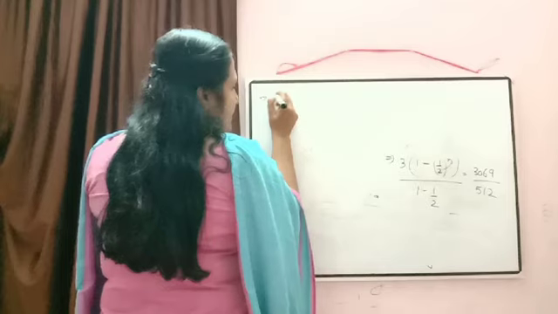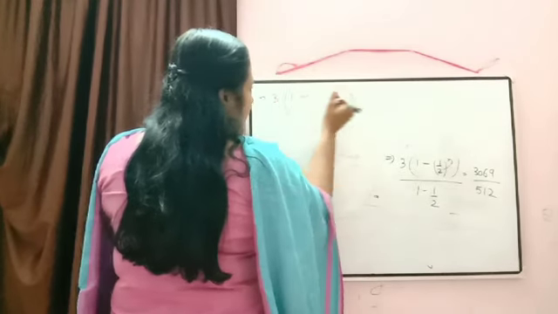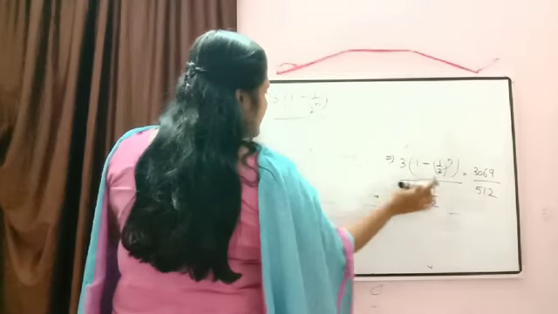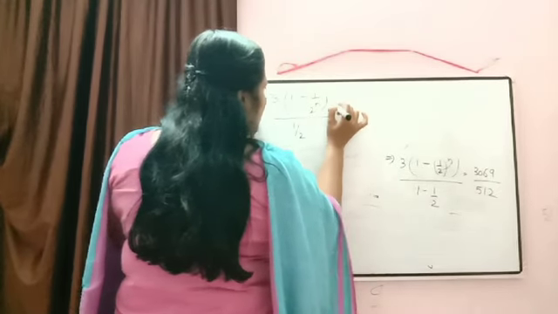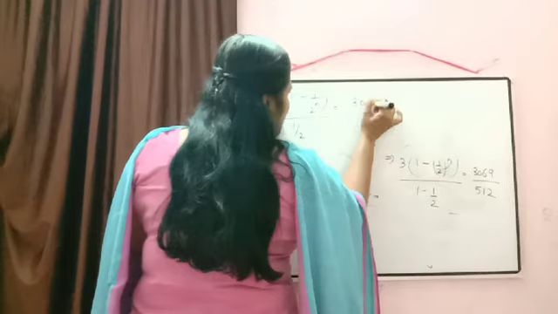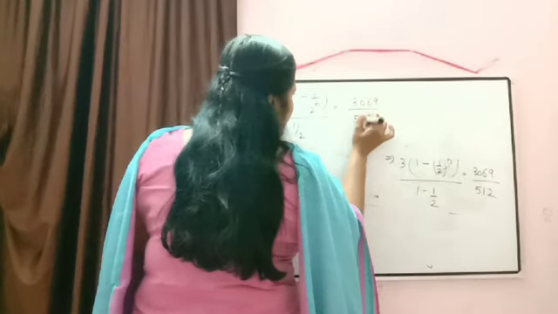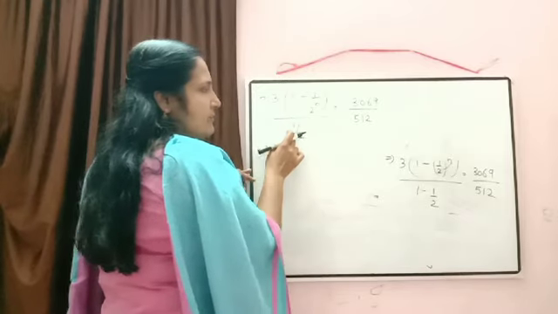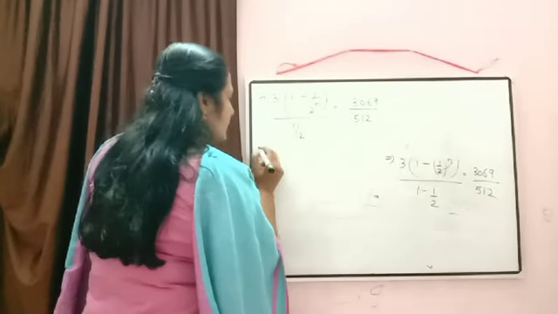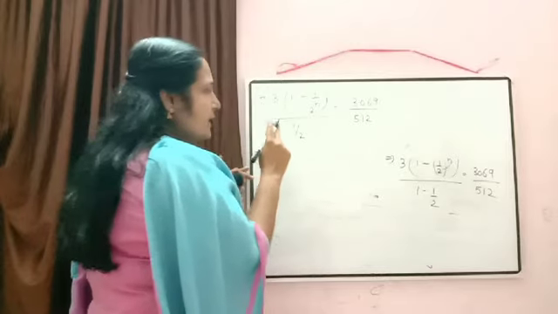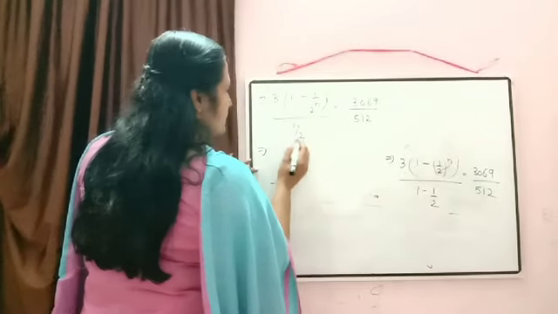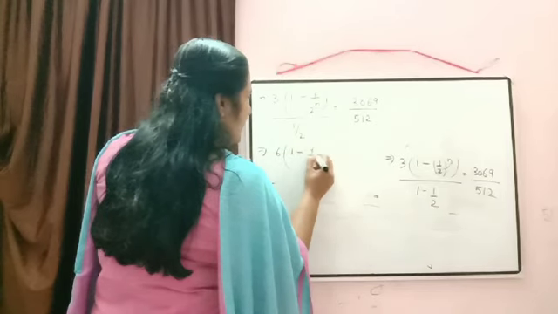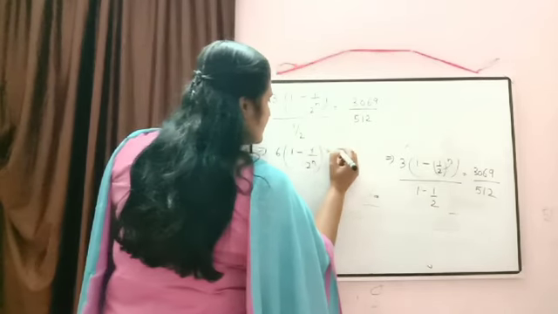Then we'll get 3 into 1 minus 1 by 2 raised to n by 2 minus 1, which is equal to 1 by 2, is equal to 3069 by 512. Now when we change the division into multiplication, where will that 2 go? Yes, it will go to the numerator, 2 by 1. So shall I multiply directly? We'll get 6 into 1 minus 1 by 2 raised to n is equal to